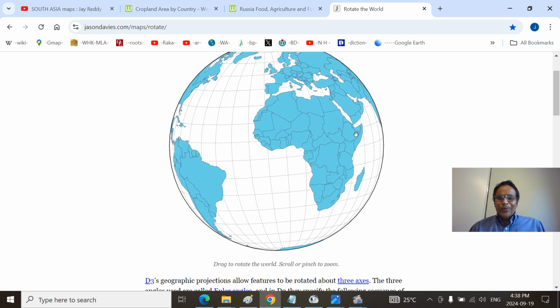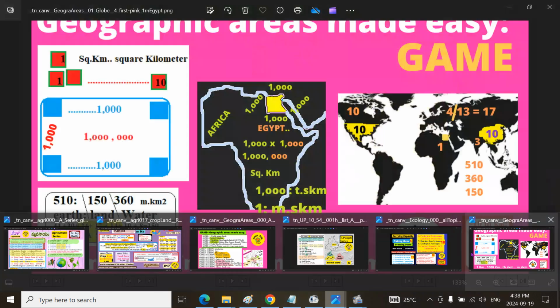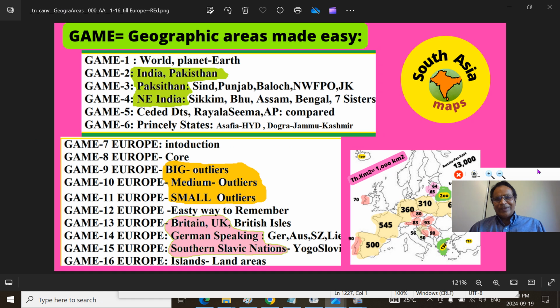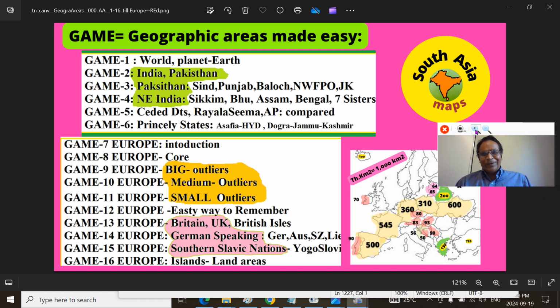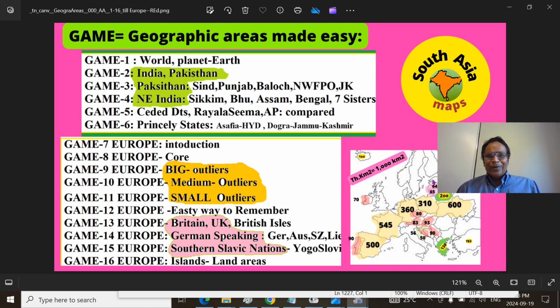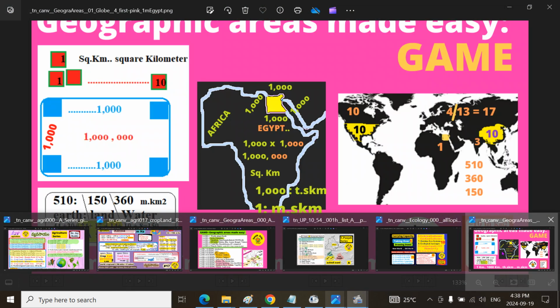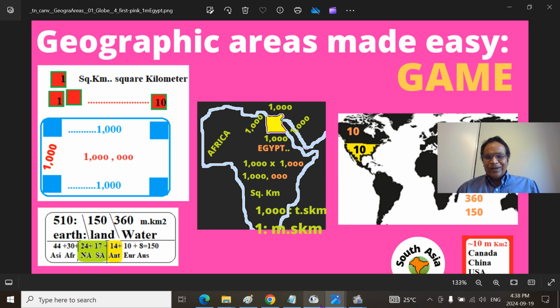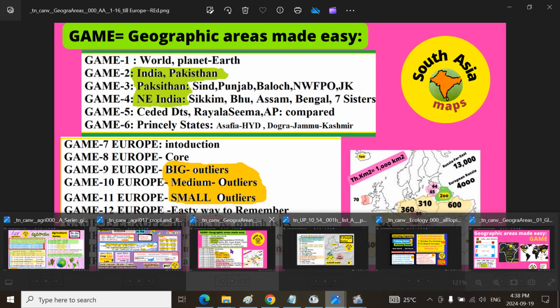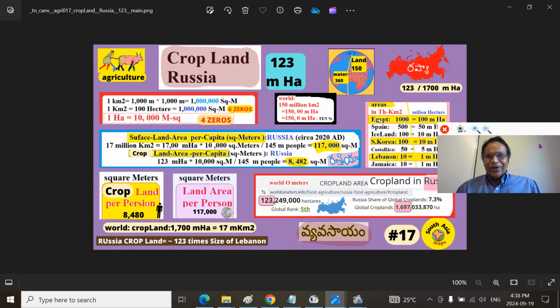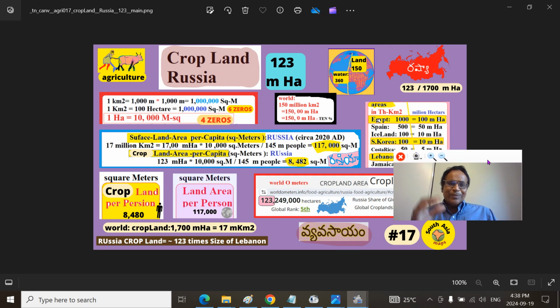How do we get this so easily? I have made everything very intuitive for you, and I have spent a lot of years because I'm an agricultural graduate and taught in an agriculture university in Bharat, India. I have spent a lot of time and made things very intuitive and easy for you. Even if you're not in the agriculture field, anybody can understand this very intuitively. You can go to that playlist and understand that. That's what I wanted to talk about today, Mitrana, the cropland in Russia,